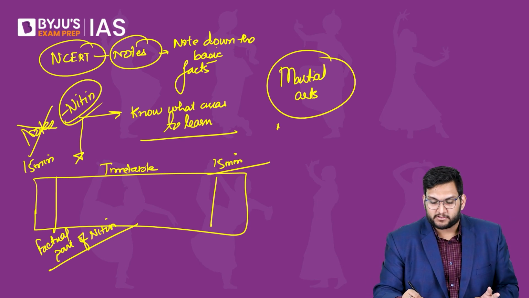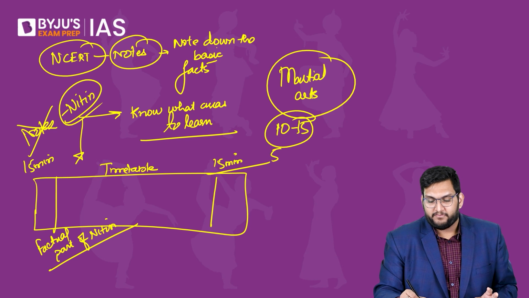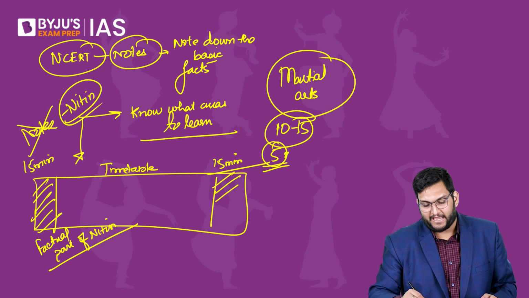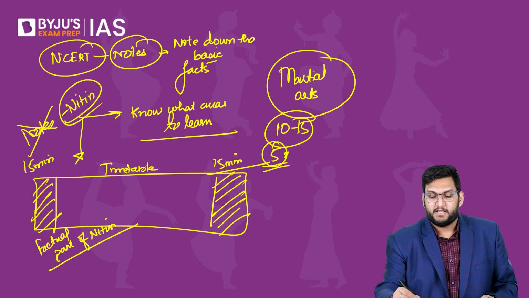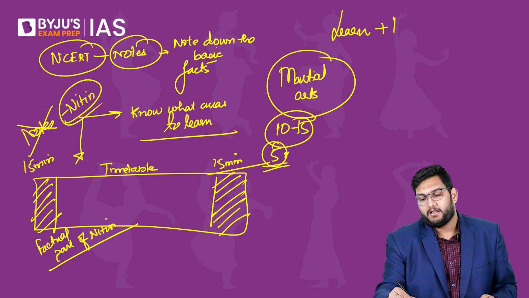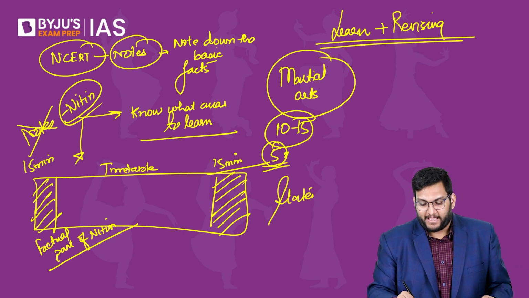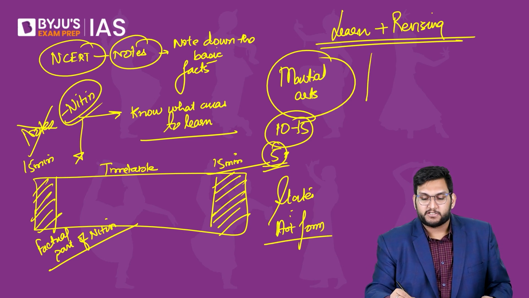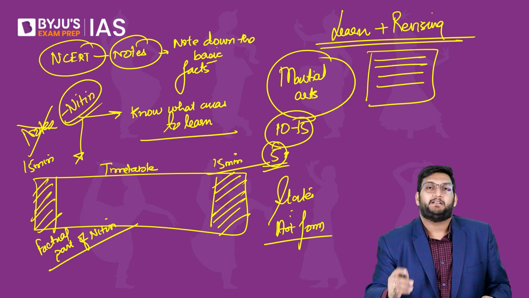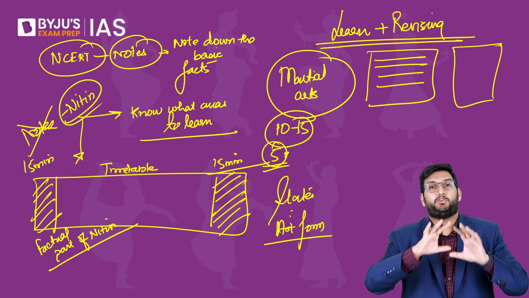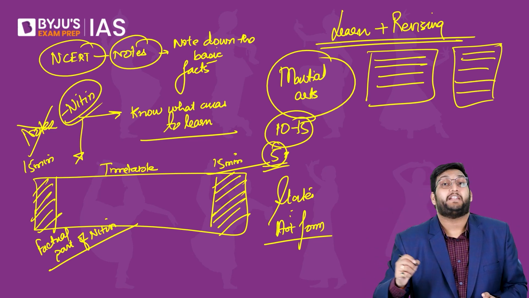Meaning, if it's a list of 10 or 15, 5 I will learn today. So in the morning, I will learn it. And in the evening, I will check if I remember it and revise. This will help you in learning plus revising as you go on. And more than that, because you only have to learn the states and the art form, you can also have another strategy, which is to paste these important martial arts, theaters and all on your table or on your walls. This will give you some visual referencing also.